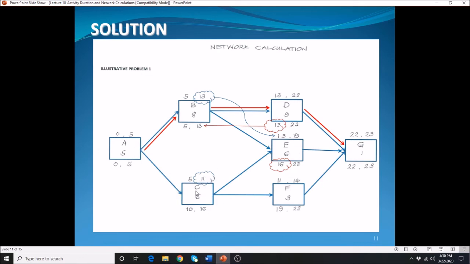Take a look at your C as well. C is connected by two given lines. So we are going to choose between the late start of your F and the late start of your E. Whichever is the minimum between the two is the value that you're going to carry over backward. In this case, the minimum between 16 and 19 is 16. That's why you carry over here your 16. 16 minus 6,